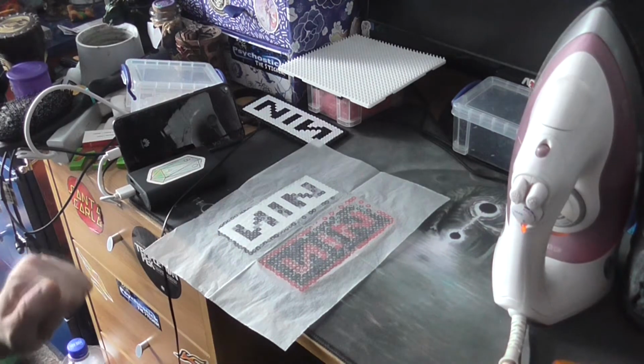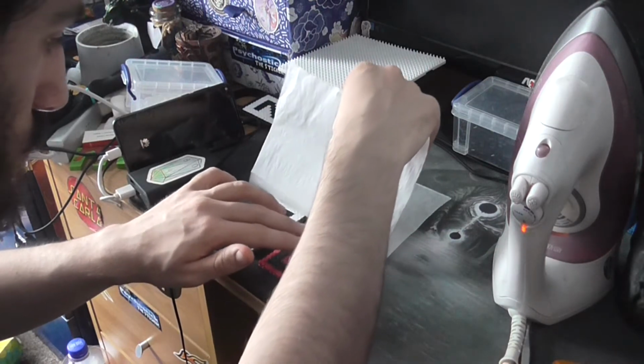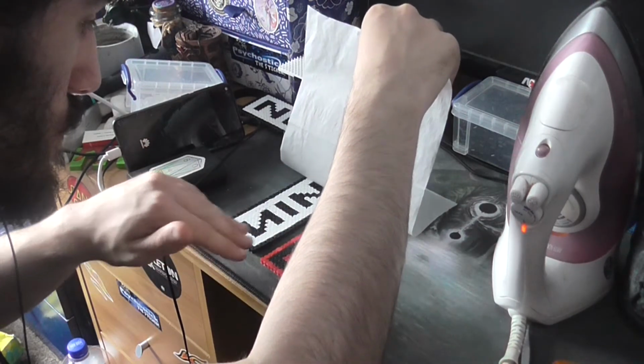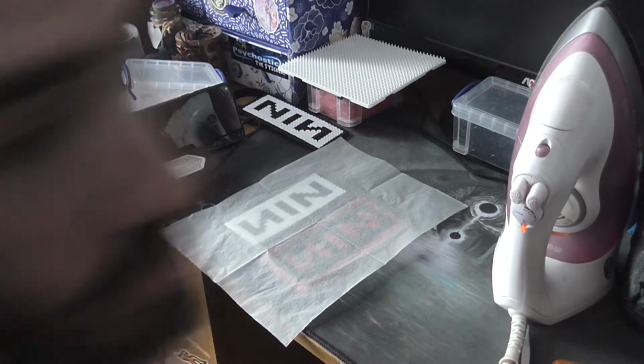Right, those are sorted. Now to put some weight on it. Now, fortunately,